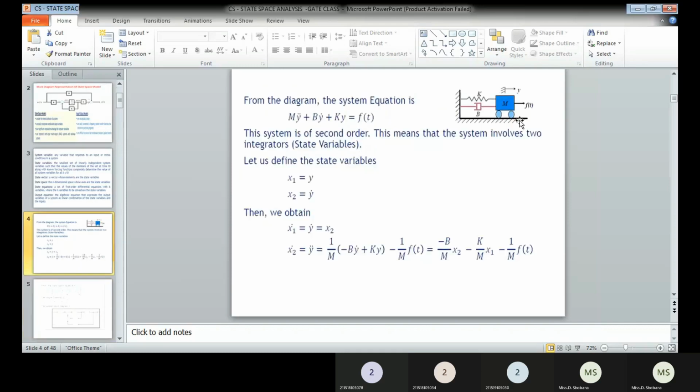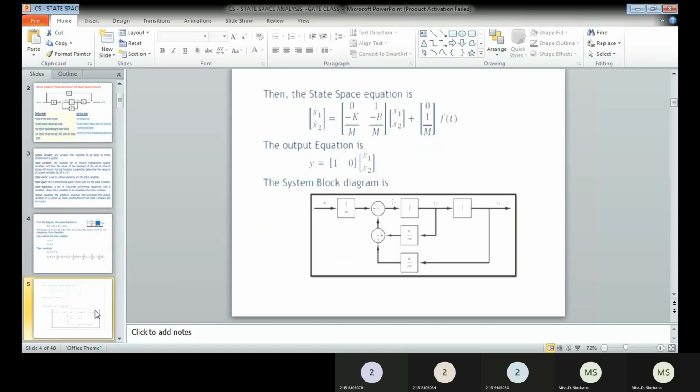Okay, so this is how we have to write the state space equation, and then we will be having the output equation. In the output equation, always consider the displacement as the output. Therefore, output equation y of t is equal to y. So y is already represented as x1 as a state variable. Therefore, y of t is equal to x1. So here in the output equation, we are having only the x1, x2 is not available. Therefore, you will be having a y matrix. So here also D is not there, as the input variable is not present. Therefore, we can have only the C into X matrix. D is not available. So here we will be having y of t is equal to x1. Therefore, 1 for x1 and 0 for x2, multiplied with the x1, x2 matrix.